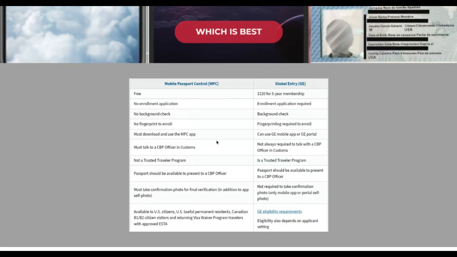But actually, first we're going to start off with the differences. So mobile passport control is free. Global entry is $120, and it's a 5-year membership. So there's no enrollment application. There's no background check, no fingerprinting. Just get the app on your phone, which is free via